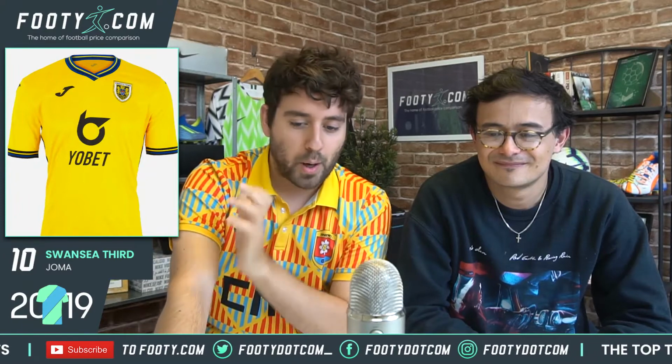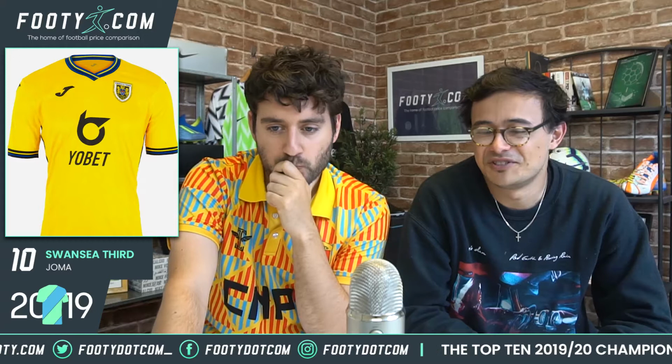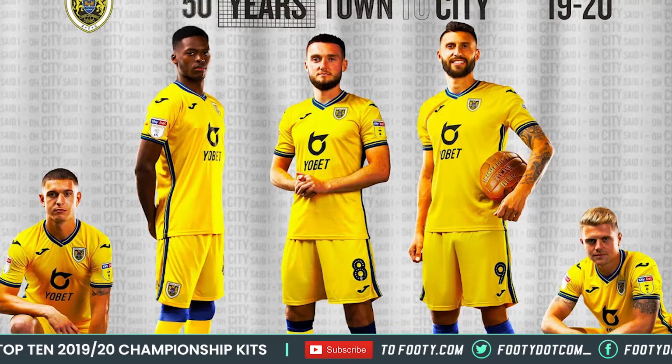And we're going to start initially with Swansea's bright and bold third kit, Phil. Yeah, this one is probably a kit which you'd look at initially and go, what's special about that? But I really like this one. I think it starts with, they've used an old school crest, and if you've seen previous videos, you know I like it when you get a different crest. So I like that detail. But more than that is...